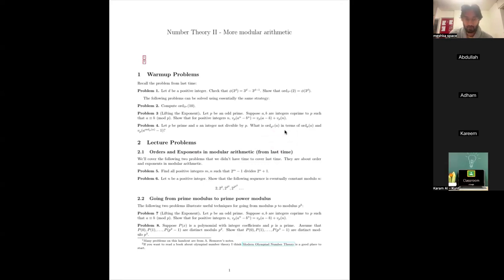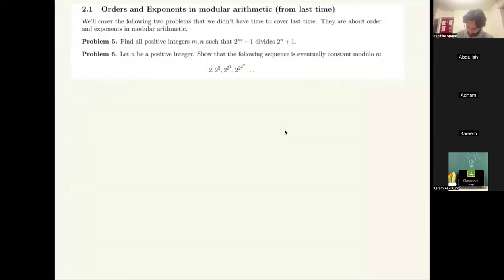So I would like to start with just finishing the problems that we didn't solve last time. So that's these two. Okay, let's start with the first problem. So it says